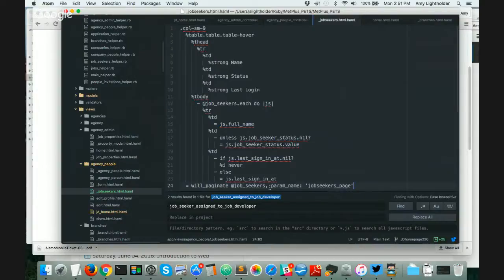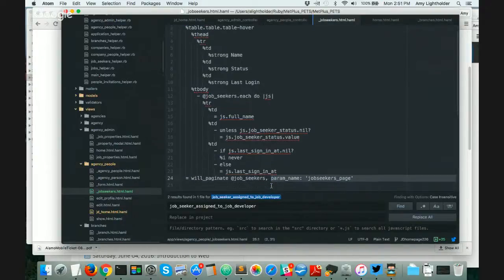That's a tag that Web Pagina is using. You're using that same tag for 2 different collections. So if you hit next page for the first collection to go from page 1 to page 2, the second collection will also go to page 2. So you have to have a unique tag for each time you use this partial. So rather than param name job seekers page,